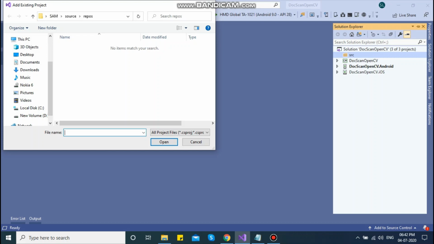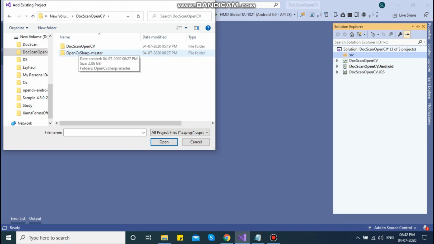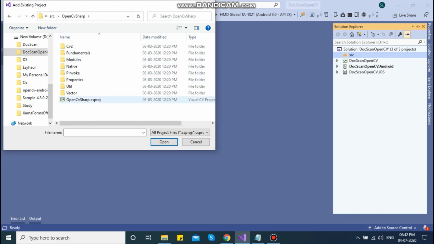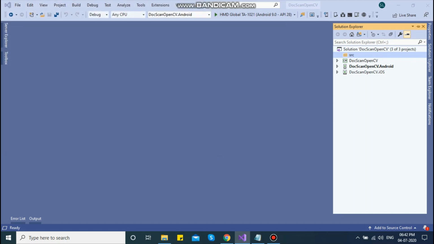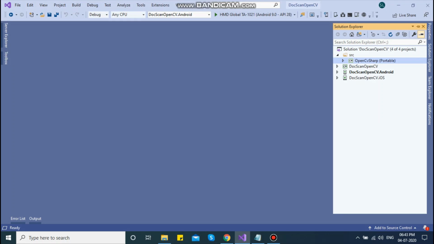You need to select, then go to the file path where you have extracted your OpenCV master. So first I'm going to add OpenCV Sharp. You need to select this. Okay, so I have added the first file successfully.